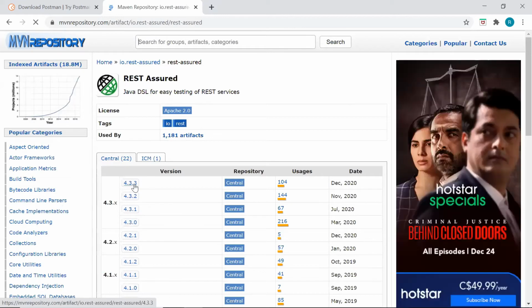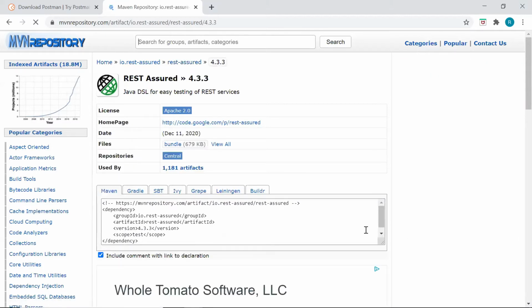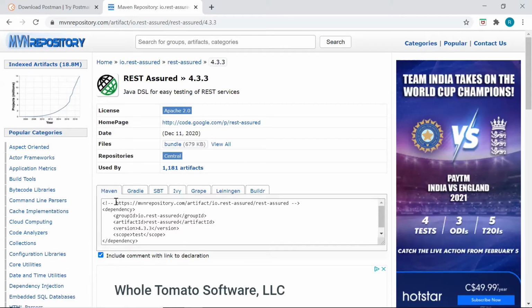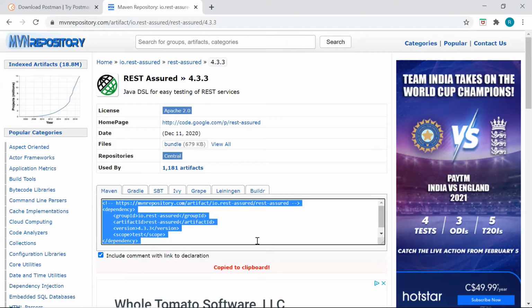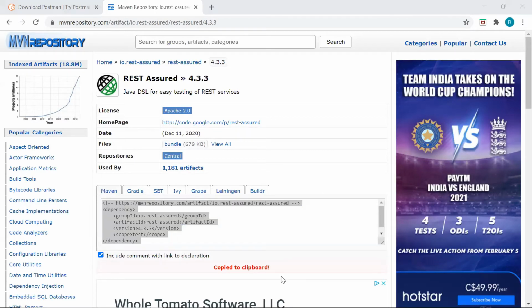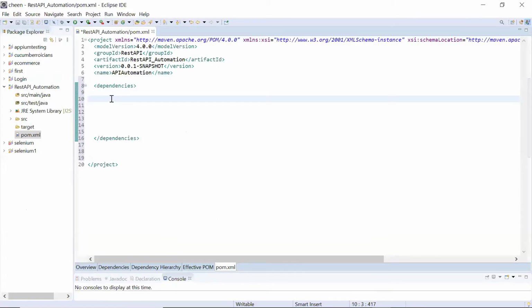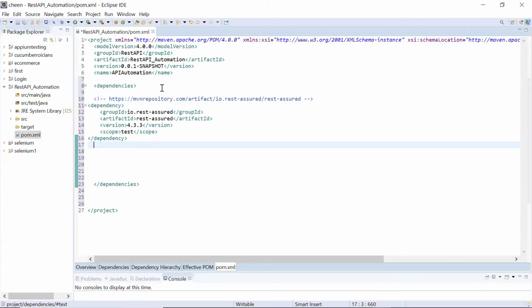Double click on it. Go to its stable version, because if you think the first version is not stable, it is a beta version or alpha version, don't go for it. If it is a stable version, that means it's not beta or alpha. You can click on them. This is your dependency code. Select it. You just have to click on it. It will be selected automatically. Copy it, so Control C. Go to your pom.xml, and here you will paste it. So this is how you can add the REST Assured API dependency from the remote repository of Maven into your local repository.